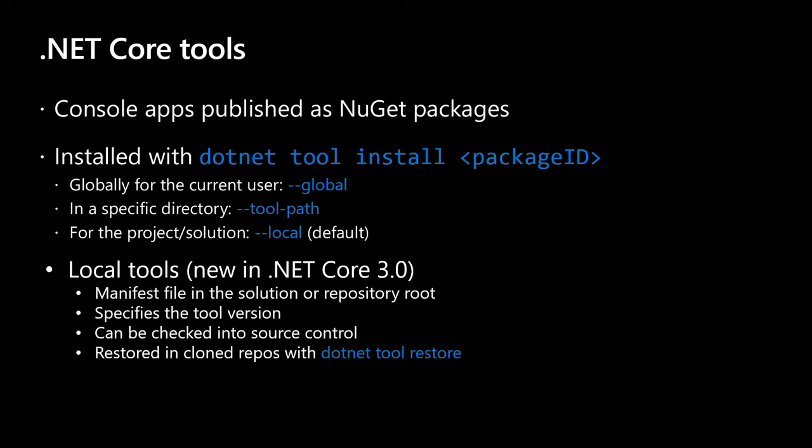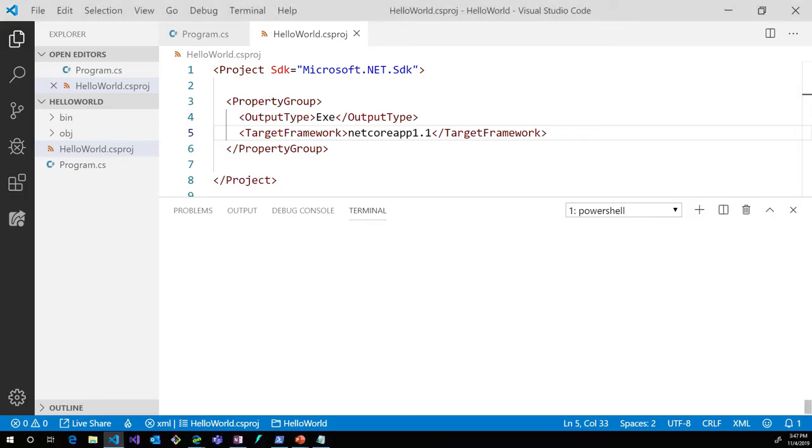For local tools, you need a manifest file on your solution or your repo root. You can specify a specific version of the tool you want to use. You can check it into your source control, and then when you clone the repo, you can do .NET tool restore and use that local tool on your machine. And so here,